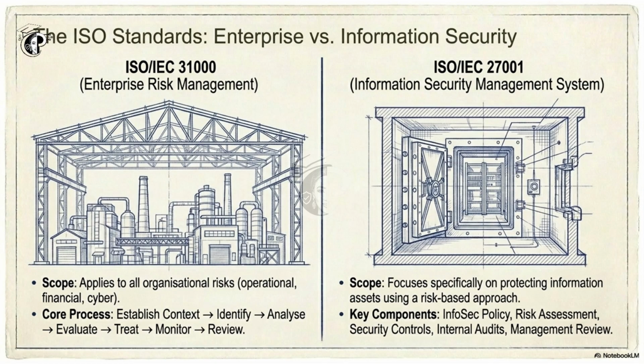The next one, I know I talked about the ISO 27001, which is the information security management system. The ISO/IEC 31000 is an enterprise risk system. Its core process is to be able to identify all organizational risk. How does it do that? It first of all identifies, analyzes, evaluates, treats, monitors, and reviews as well. So the two scopes are different. One focuses on all organizational risk. The other focuses on a specific asset at a time.